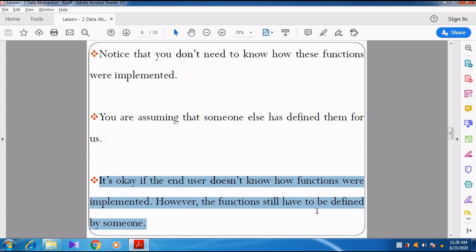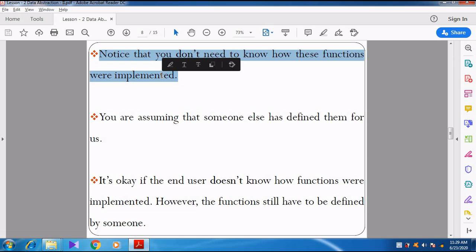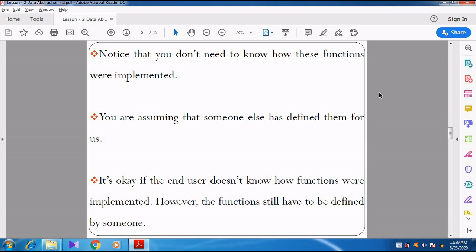The customer simply wants to know whether the program works or not. In the same manner, we need not bother about the implementation of the functions. We should bother about whether the program works or not.